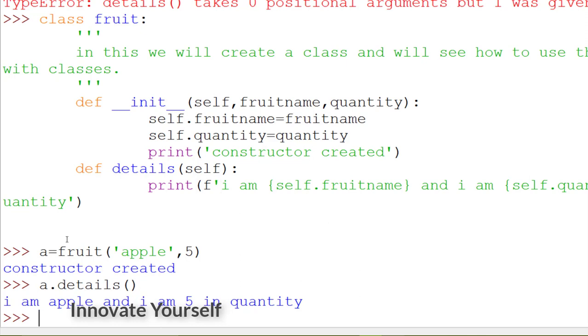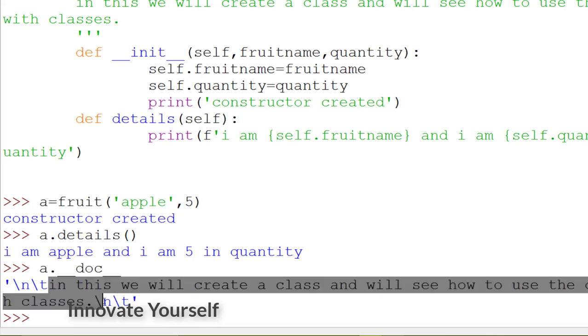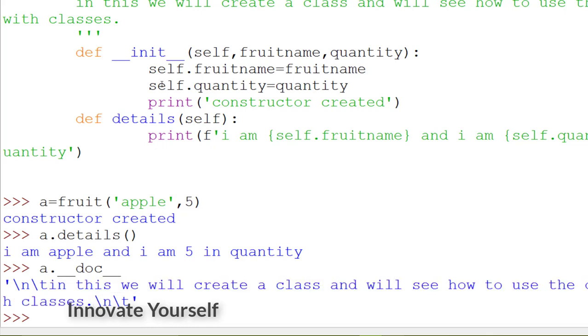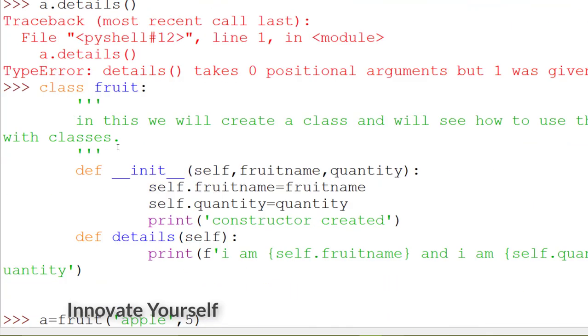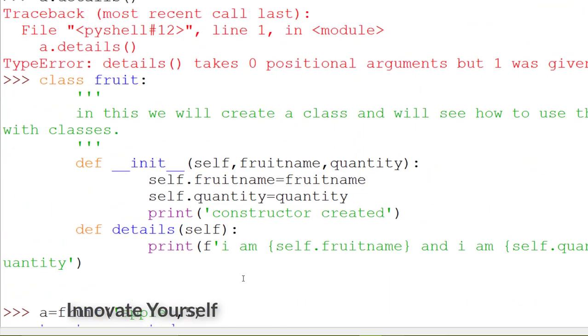And there is one more thing, that is the documentation. For that, just type underscore underscore doc. So doc is the documentation for your class. You can see what I have written here. In this way we create it. So this is showing me the complete text that I have passed as documentation in a class. So this was it for this video, and this is not the single video for classes